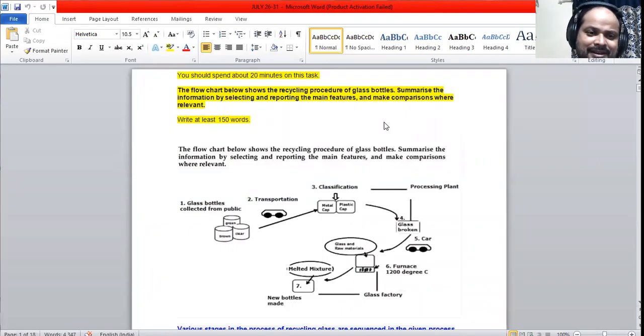Hey everyone, today we are going to discuss a flow chart. It's actually a process diagram. The flow chart below shows the recycling procedure of glass bottles. So it is a recycling procedure of glass bottles here. Summarize the information by selecting and reporting the main features and make comparisons where relevant. So when we go ahead with this particular thing,